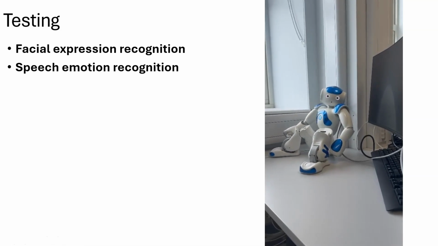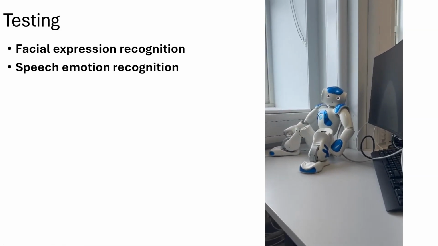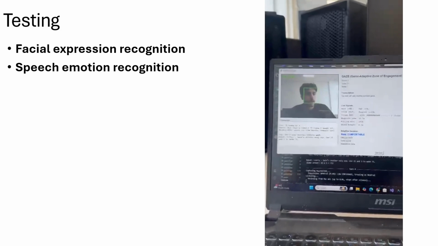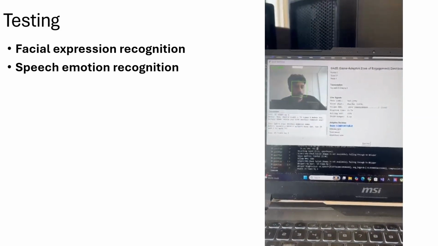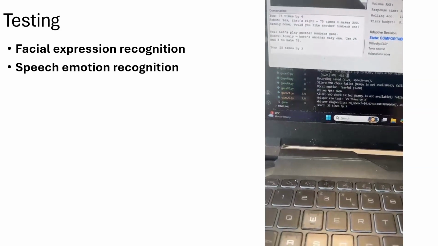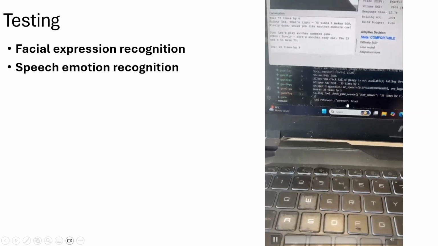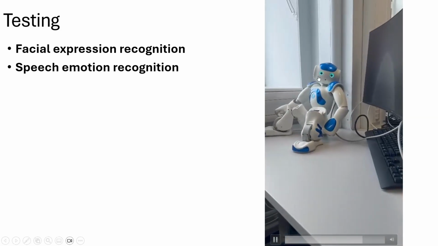"Lovely. Here's another easy one. Use 25 and 3 to make 75." The answer is 25 times 3. As you can see, it's detected that the answer is correct. "Exactly right. 25 times 3 is 75."